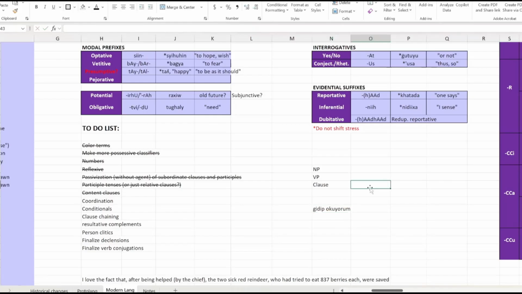So in our case, we could totally just say that the imperfective converb can also be used to express simultaneity. So to say, I am laughing and smiling, you can just say, I am laughing while smiling. But it does raise the question of whether or not we have a specific consecutive converb. And that kind of brings up clause chaining, which is something else that's on the to-do list. Essentially, I'm wondering how many converbs this language should have,